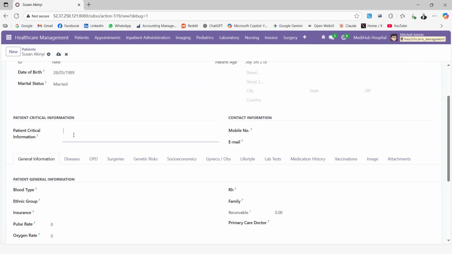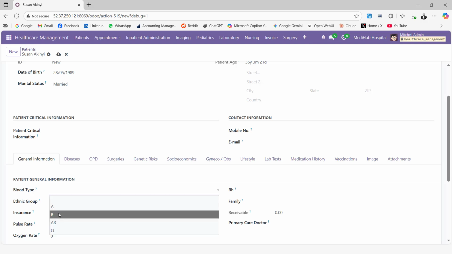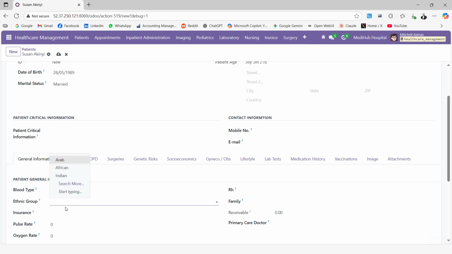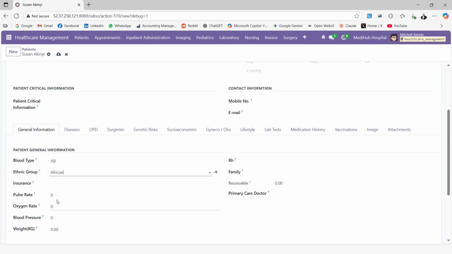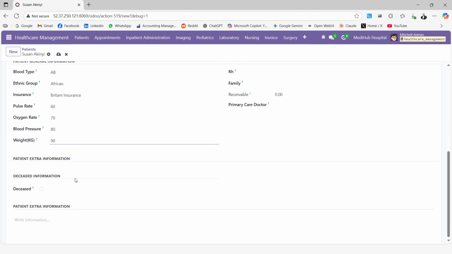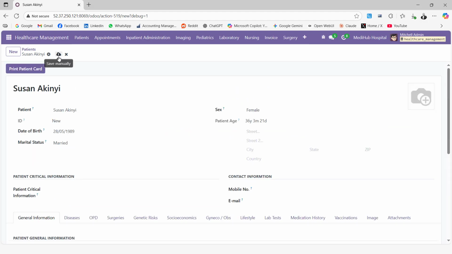So any other information during capturing of this patient can be captured here. Blood type, she's AB. She's being covered by insurance. You can capture any information that is available. So once you create this patient, you can come here and under Inpatient Administration, you can begin